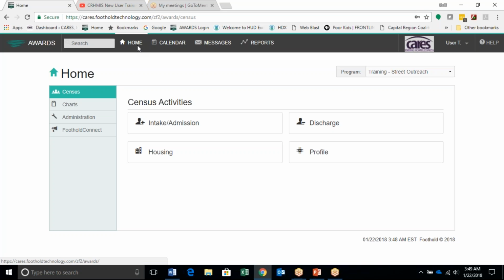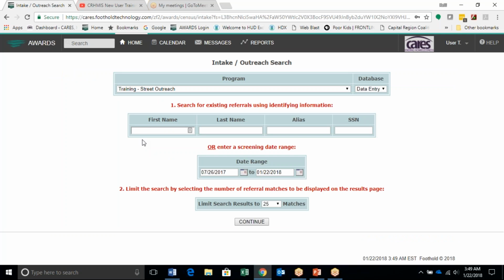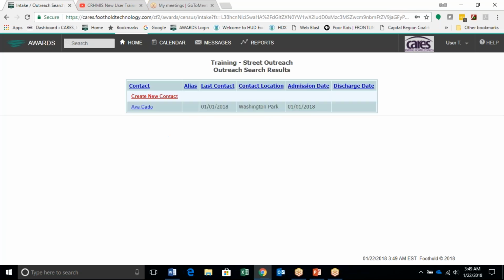When you have a second encounter with that same client, it's going to be the same thing. You're going to click on intake admission. And now at this point, you can type in the client's initials, click on continue, and now we can see that Avocado is in this program. Her last contact was on January 1st in Washington Park. If we click on her name,